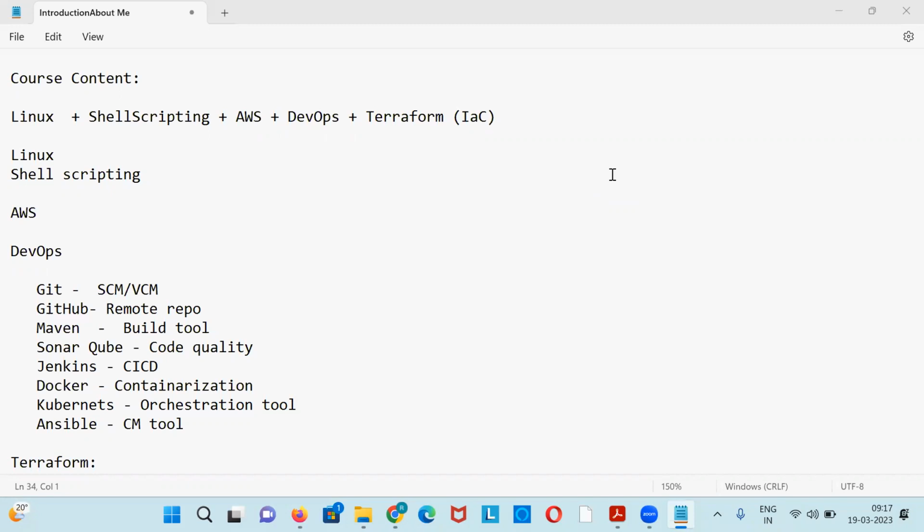See, when we talk about DevOps tools and technologies, the major focus is Jenkins, Docker, Kubernetes. Other tools, nothing actually, if I give my personal opinion. Jenkins, Docker, Kubernetes are the major tools you have to focus on. The other tools, GitHub, Maven, and all, are just for understanding the process. But Docker and Kubernetes are the main thing.